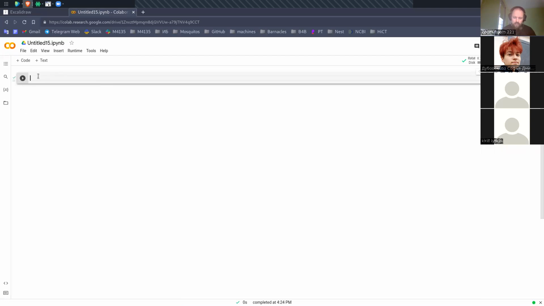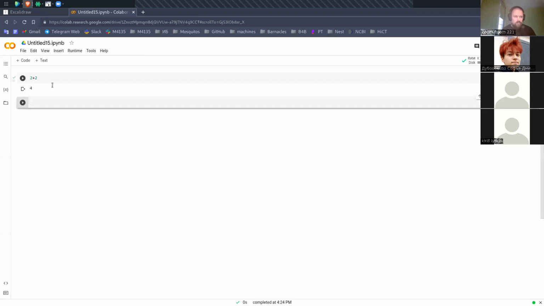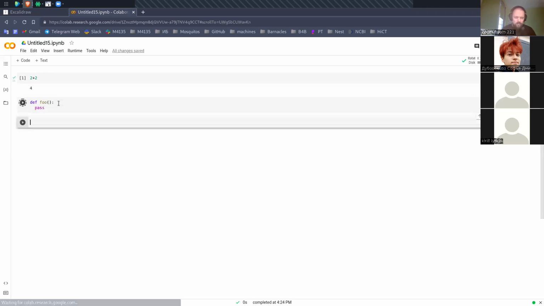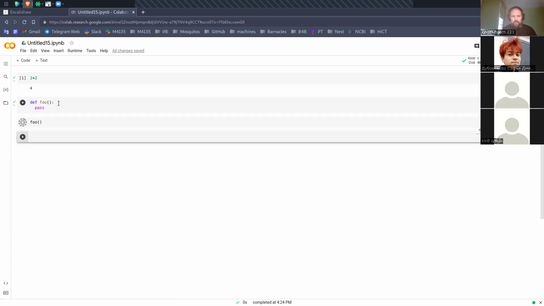So we can type and run code here. For example, like in usual Python, we can use it like a calculator. We can define functions here, and after that, execute functions. So it looks like